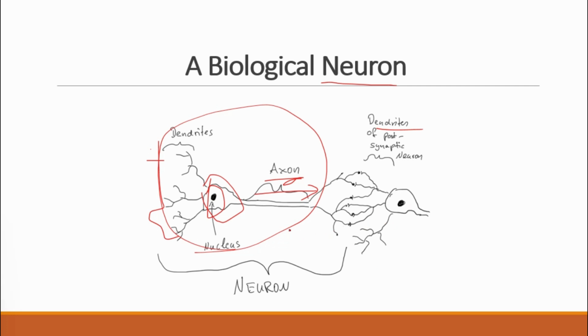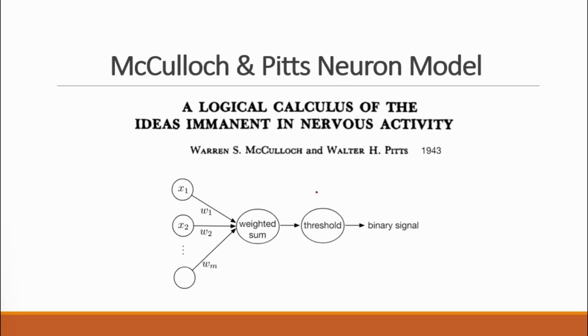So these are the connections between neurons, and whether this neuron provides a signal or not to the next neuron really depends on what happens in the processing core here, which is something we will talk about. Now, the earliest mathematical neuron model was the McCulloch-Pitts model that was discussed in the history of deep learning. Just to briefly recap, here's approximately how it would look.